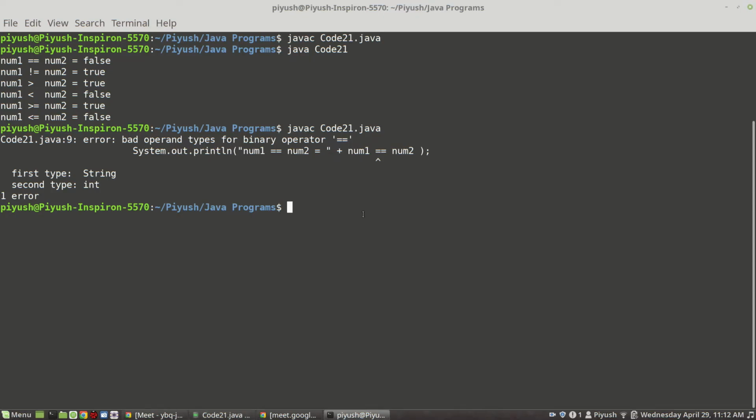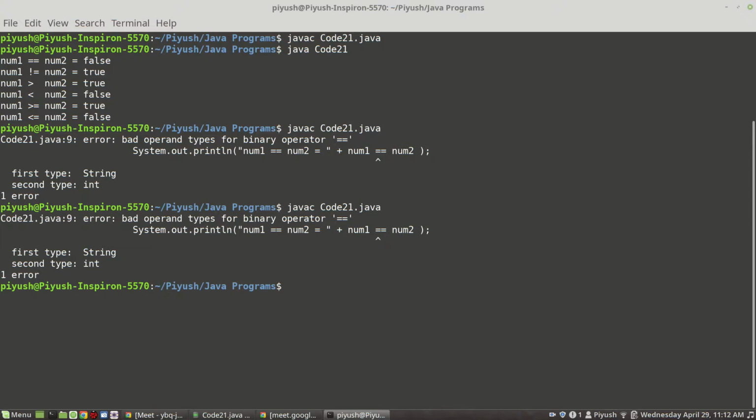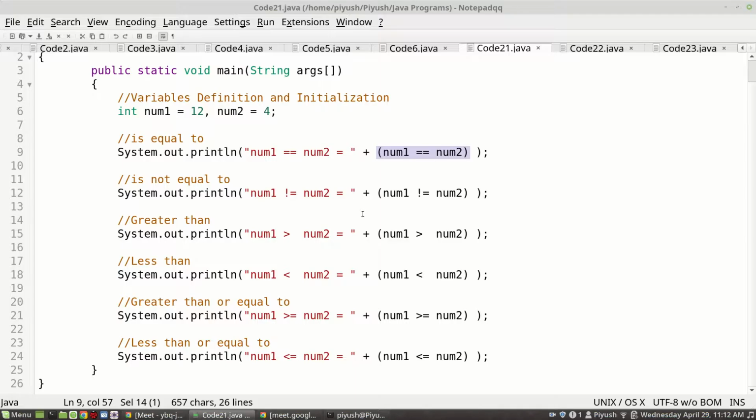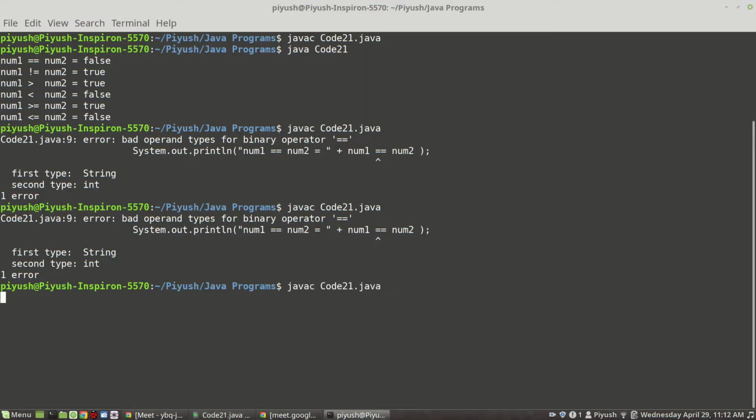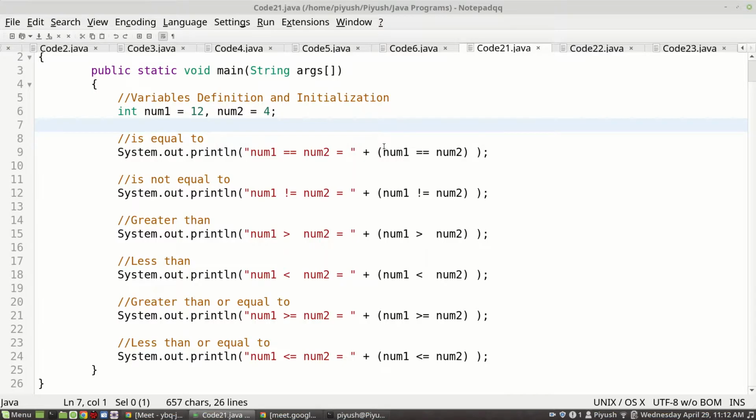Okay. So now I have grouped the expression. Because of this grouping, this expression will be evaluated first. One single value will be obtained, and then one single numeric value can be concatenated with a message.